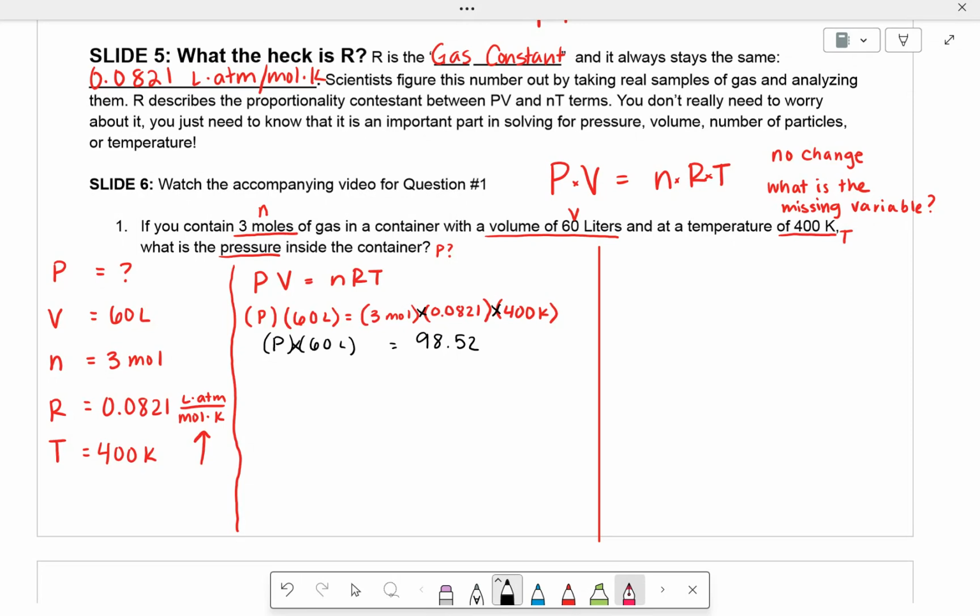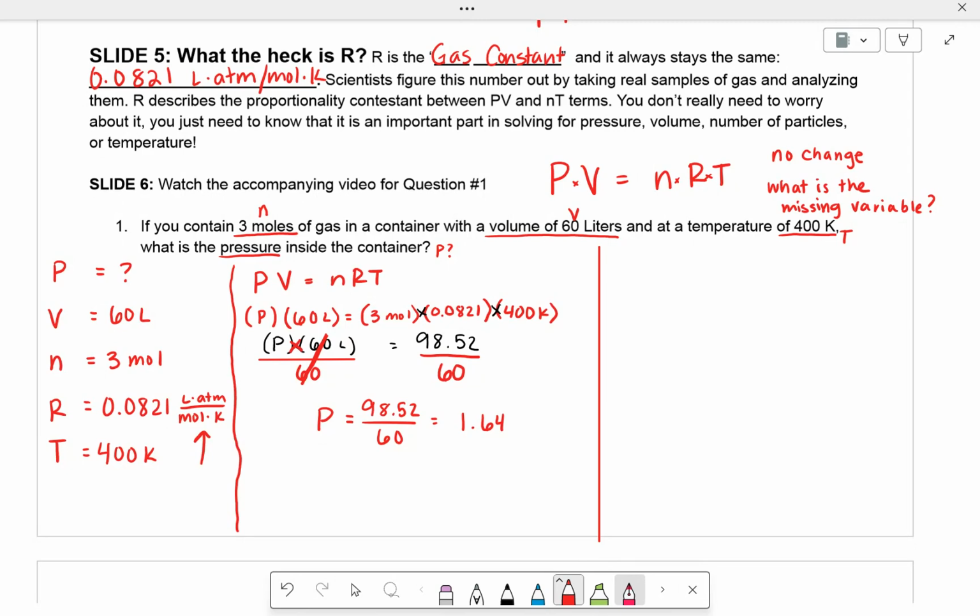This is being multiplied together right now. So if we want to get pressure by itself, we have to do the opposite of multiply, which is divide by 60. Divide by 60. Now these two 60s cancel out. We're left over with P equals 98.52 divided by 60, which gets us